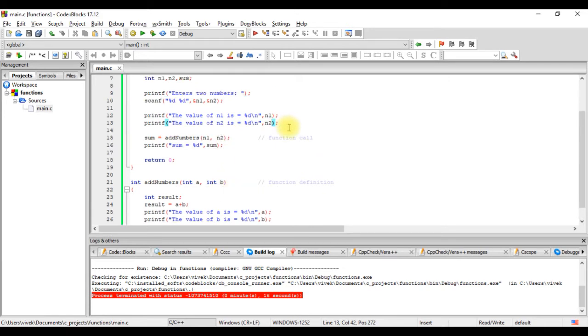Now to show you the benefit of a function, let's calculate the sum, say 10 times, or 10 times will be a lot, 3 times. So we'll copy the same set of statements. We'll remove this.